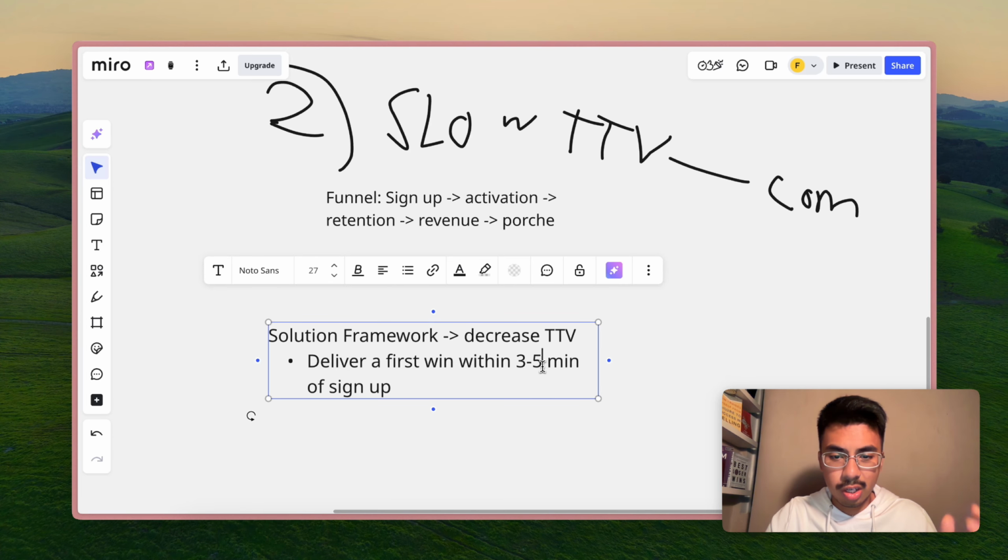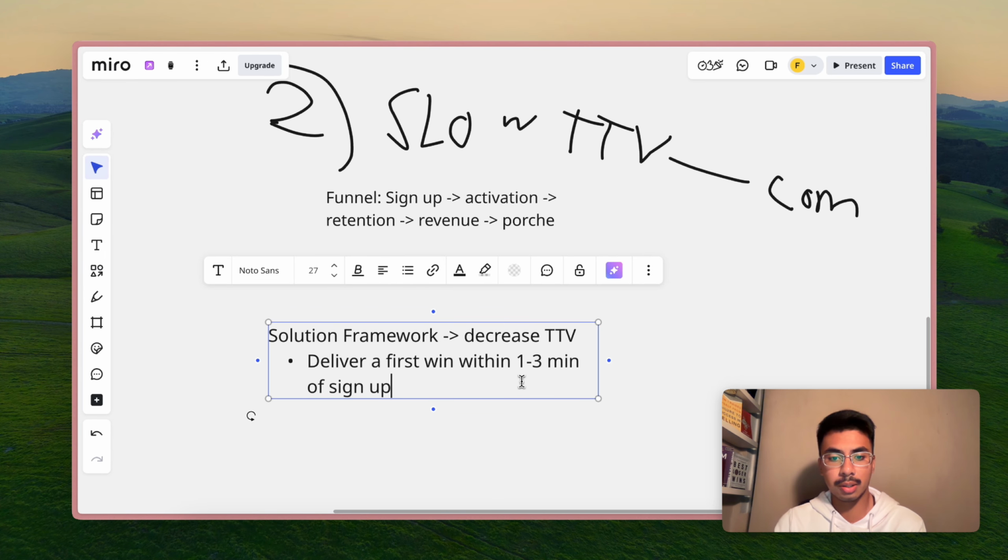Of course, ideally you can make this shorter. I would even say 1 to 3 minutes of sign up. Because remember, like what I said just now, it doesn't have to be anything big or crazy. We just want to show your users, see it as a dopamine hit. Once they see a proof of concept, they would ideally commit and trust you longer, as long as they see a proof of concept.